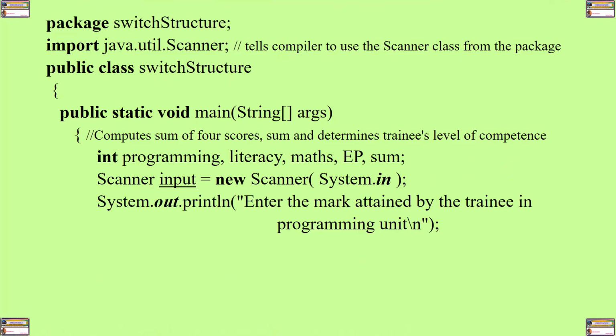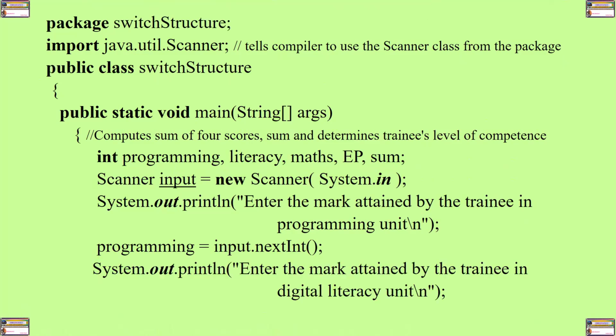Then from there, we prompt the user to enter the mark attained by the trainee in programming, whereby that value is read through the object called input by the method called nextInt, and that value is stored in the memory location called programming. The next is to prompt the user to enter the mark attained by the trainee in digital literacy. The value keyed in by the user is read by the method called nextInt through the object called input, and the value received is stored in the memory location